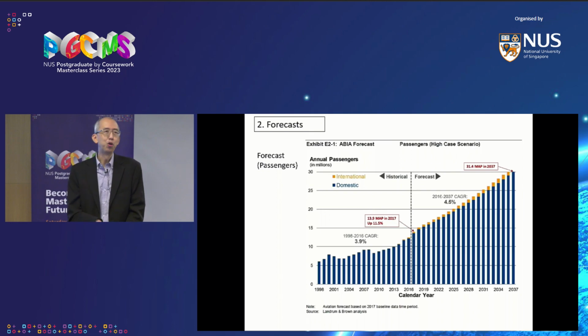Of course, we all know what happened in 2020 when COVID came. The passenger numbers completely plummeted. And then, interestingly, in 2022, the passenger numbers hit 22 million passengers, okay? So if you look at 2022 carefully, they were only projecting it to be maybe about 18 million. So things get quite crazy.